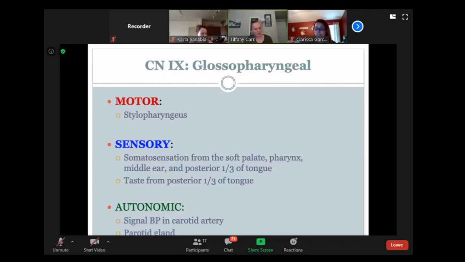And in the lectures for this one, he really goes into some detail about where these are located in the branches of the carotid artery, if I remember correctly. So just kind of be prepared for that one. And the parotid gland is going to be providing salivation,